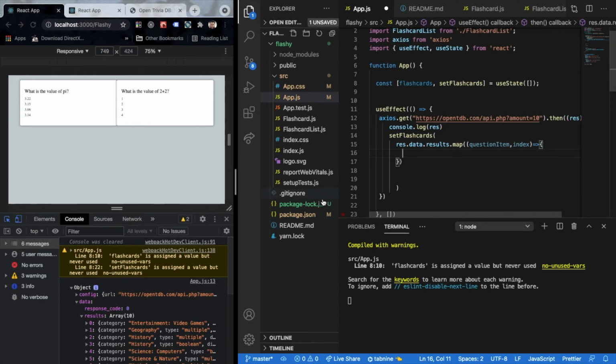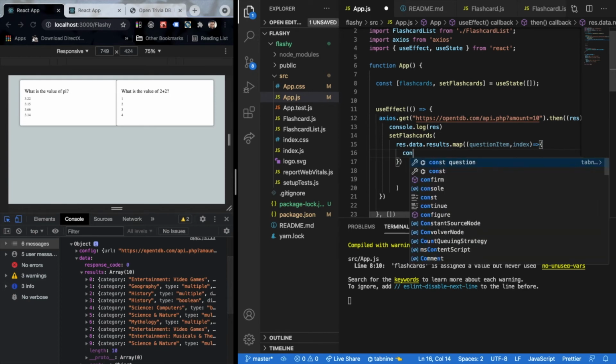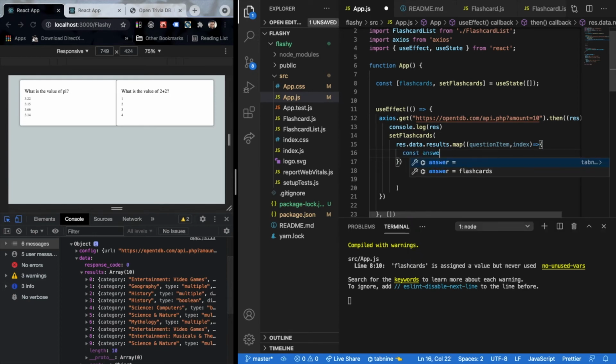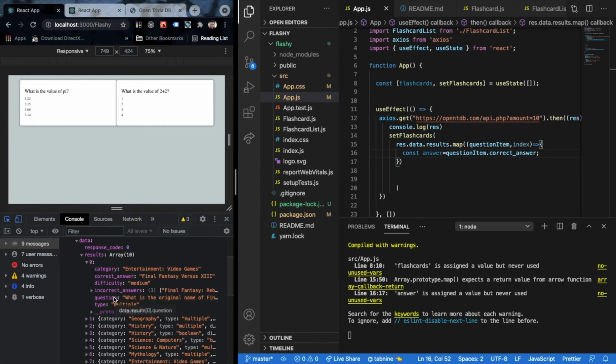Now the thing is that this sort of option would come to us in different variables that we really don't want to have. So let's have a variable of answer, and I'll have this as question item dot correct answer. Correct answer is the correct key that we would want over here. So we are using this to populate our answer variable.